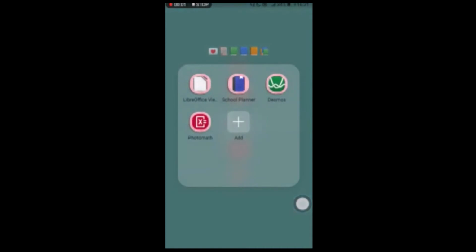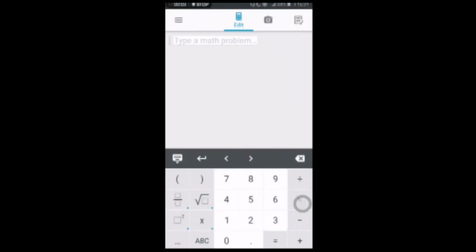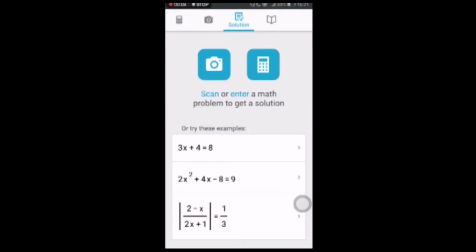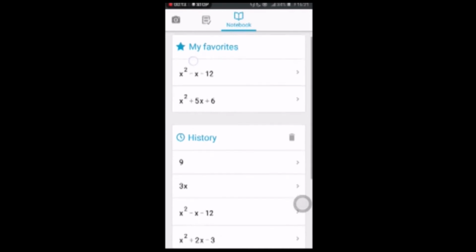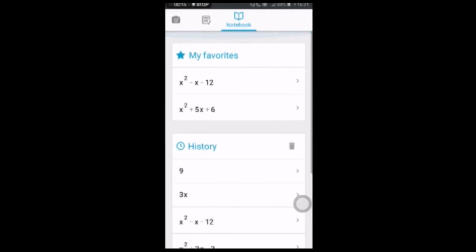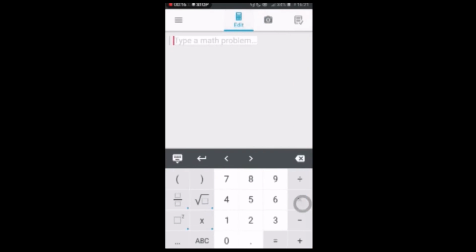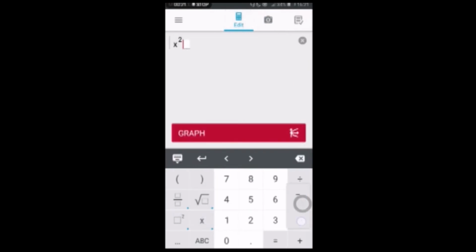Once you open the PhotoMath application, this is the interface that you'll be seeing. There is the calculator mode and this is the camera mode. This is the page where the solutions will be given and this is the notebook where you will have your favorites and your histories. For the calculator mode, it's as easy as keying in your question, just like this, and